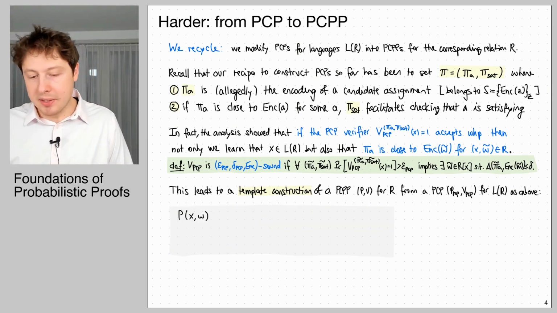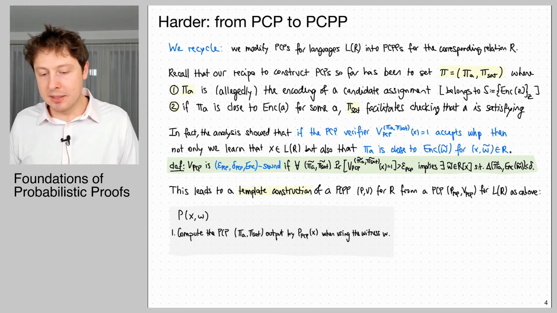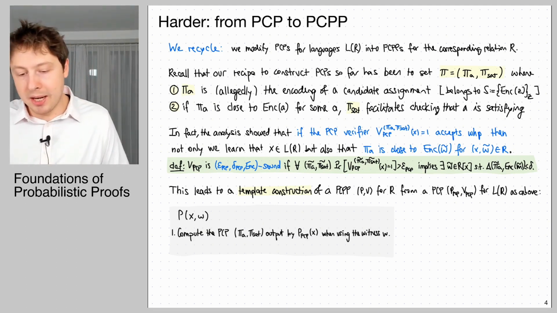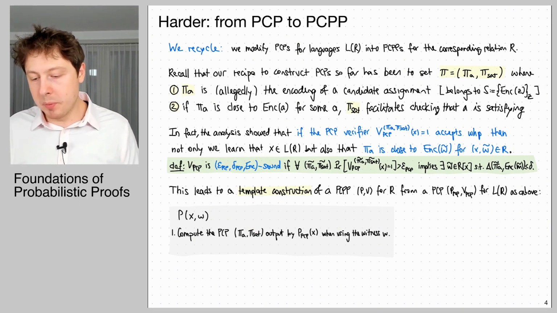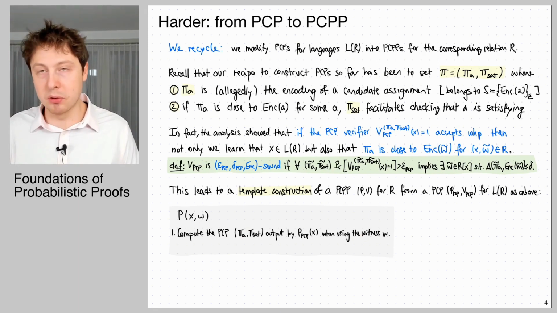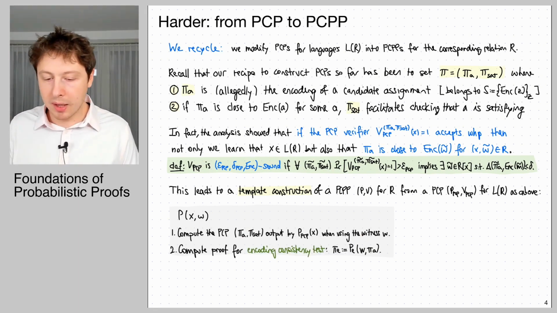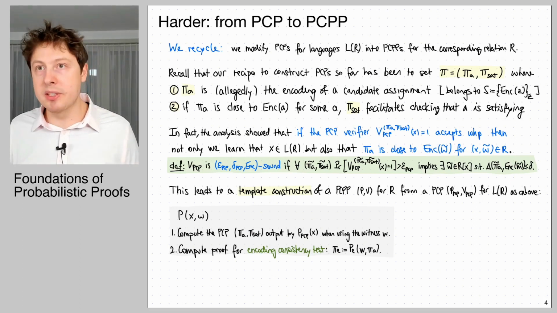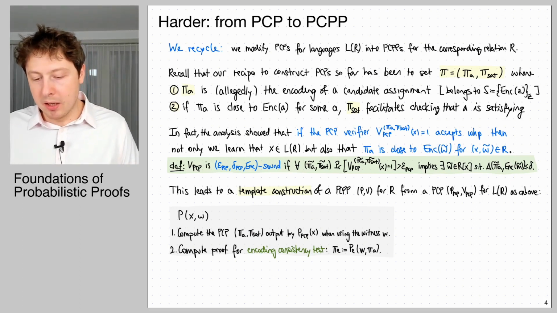Intuitively it goes something like this. Again, this is still at a high level. You're going to compute this two-part PCP using the witness W, the one that is given to you here. And then we're going to come up with proofs that are going to be a consistency test. Consistency test for what? Well,